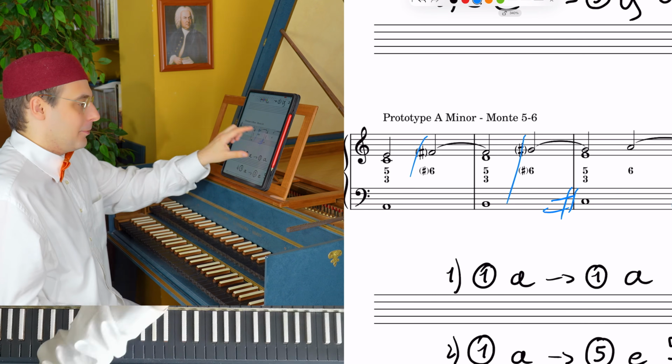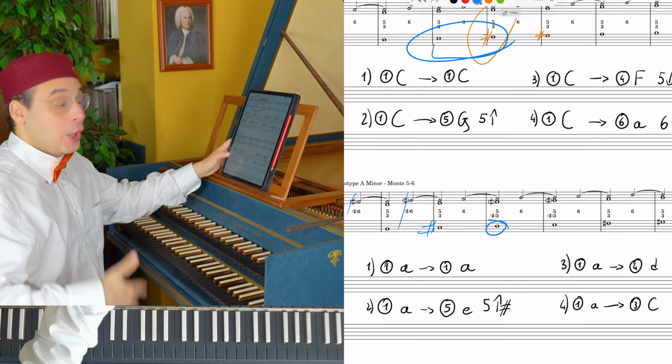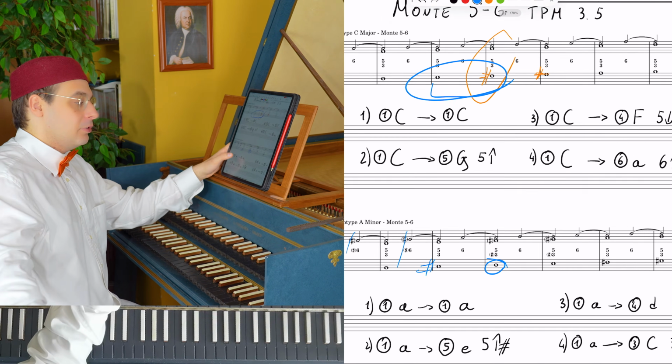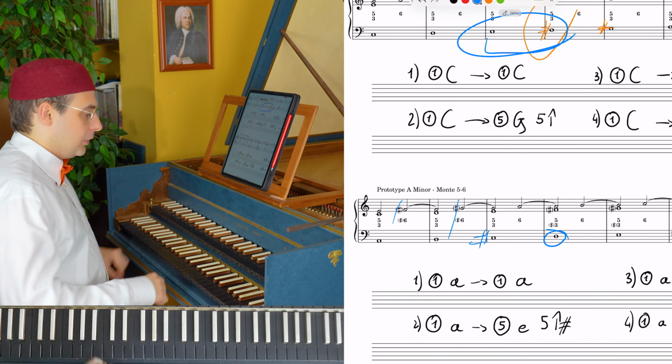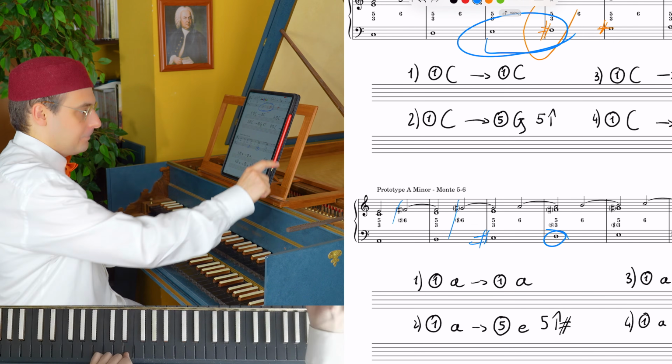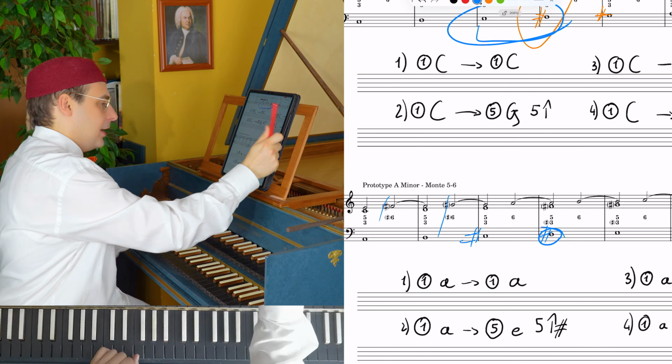We are already there, so we need a longer sequence. But let's suppose a modulation to E minor, so let's do it. We need D sharp. Let's write D sharp and let's play it again. So